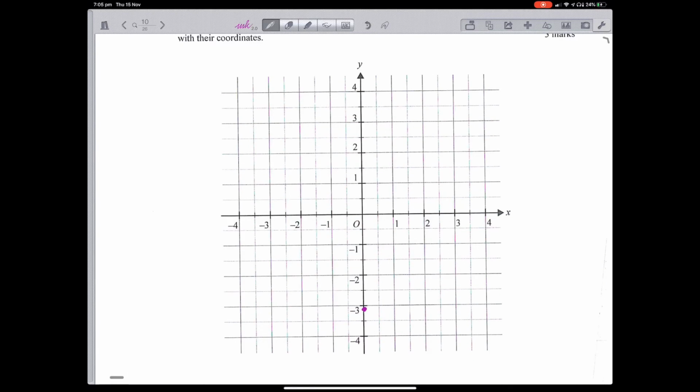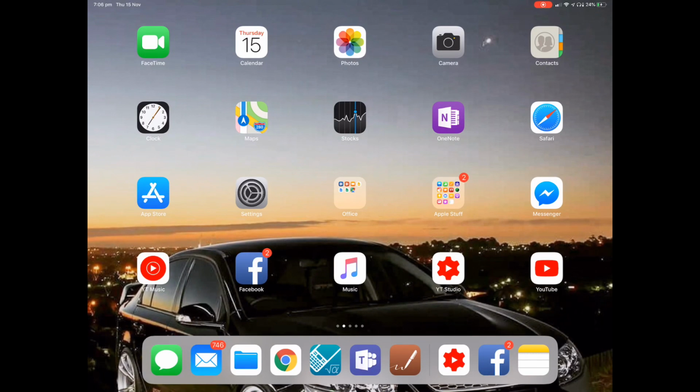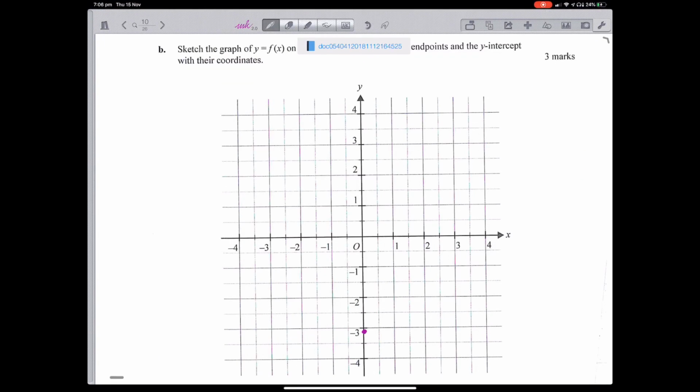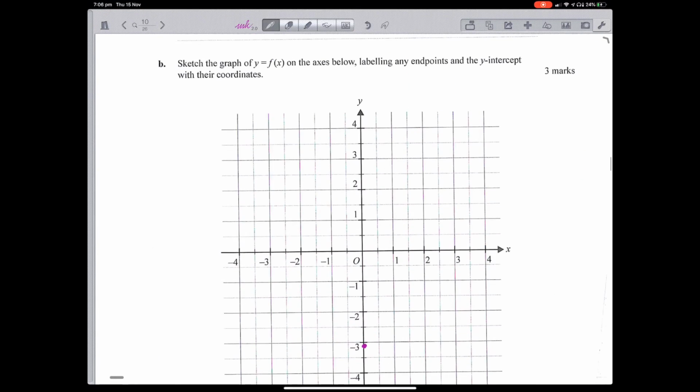Negative 3.14. Root 2 is, was it root 2 or 2 root 2? It's just root 2. Oh, I'm thinking of root 2 on 2, which is 0.707. So it's 1.414 and then pi, 3.14. So it's going to be about there. And likewise for the other side, negative 1.4, 3.14. We also know when it's 0, we're going to get,